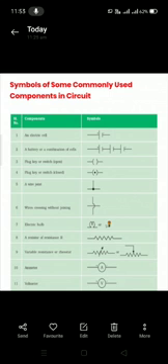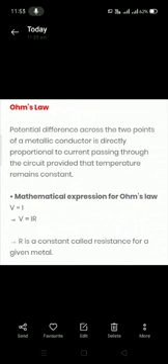A wire joint means two wires joined together with a dot. Wire crossing without joining means two wires are overlapping and they are just crossing over each other. Electric bulb symbol is represented like a letter M. Then for a resistor, you have a zigzag path, and for a variable resistance or rheostat, you have the resistor symbol along with an arrow mark. Ammeter and voltmeter we already discussed.